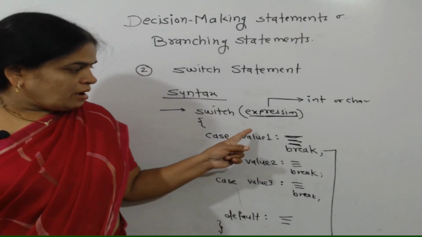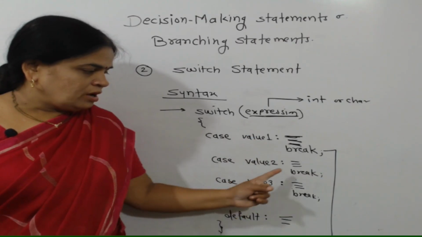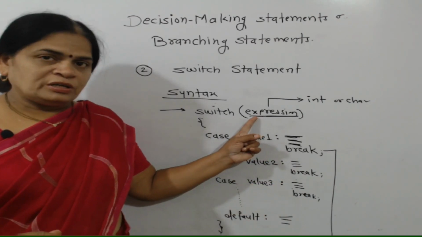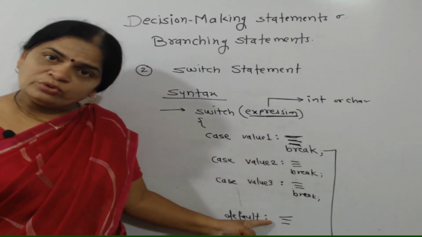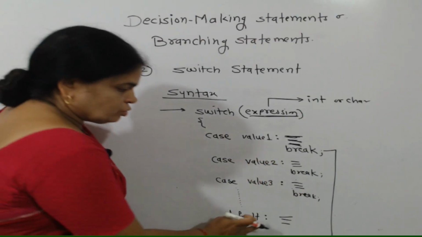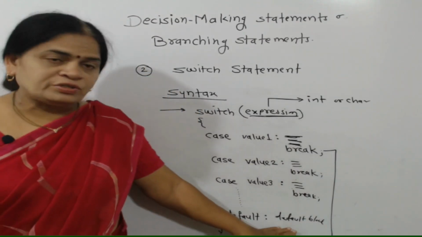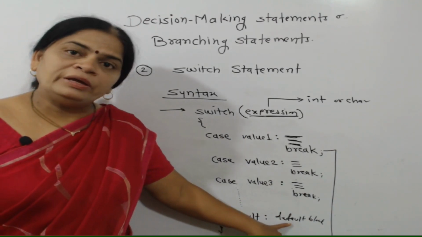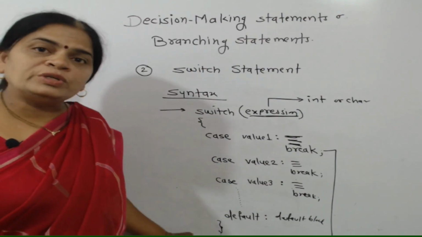That means some one case label will match, and accordingly the statements after it will be executed. But if the value of this expression doesn't match with any value, then by default, the default block will be executed. This is called the default block. The default block will contain a number of statements. If no value matches with the expression, then the statements after this default will be executed and control will be outside the switch statement. So this is the execution of a switch statement.